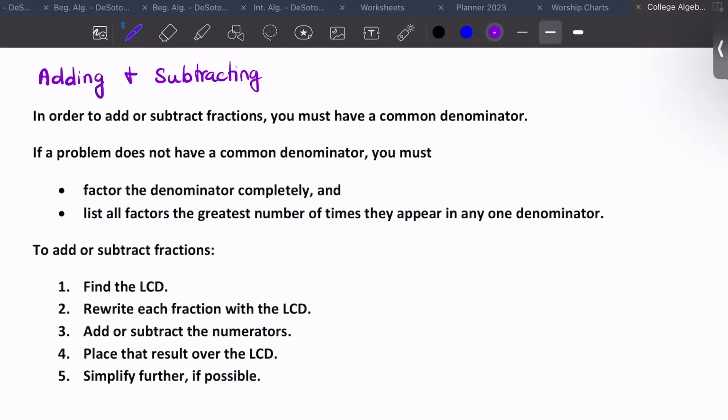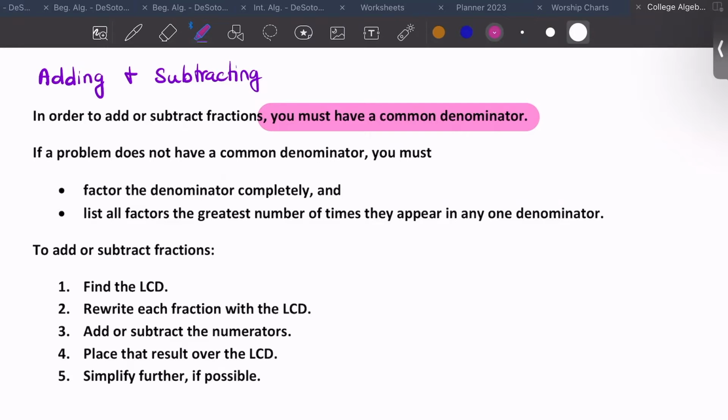Now, the more difficult part about these, like I said, is that in order to add or subtract fractions, you must have a common denominator. Okay. If a problem does not have a common denominator, you must factor the denominator completely and list all of the greatest number, all factors, the greatest number of times they appear in any one denominator. Okay, that's a confusing sentence. List all factors of the greatest number of times they appear in any one